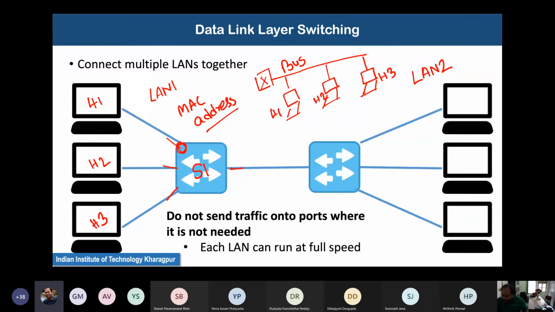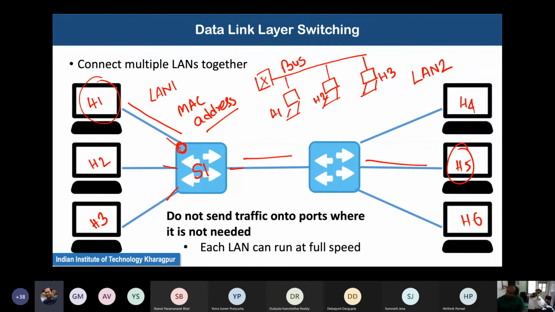For example, if H1 is the source transferring data to H5, what we try to ensure with this switching functionality is that only this link, this link, and this link get utilized for transferring the data. The remaining links are not being used.